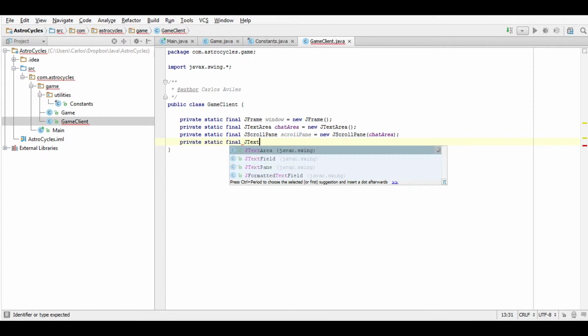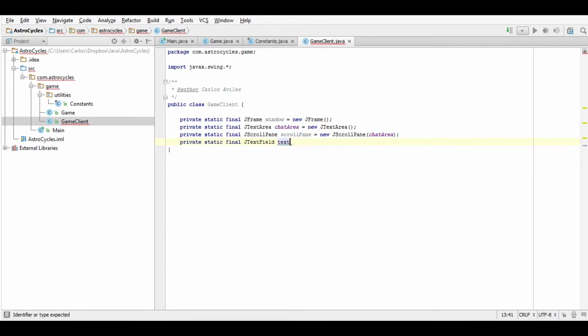Alright, JTextField. A JTextField is basically any input area, for inputting stuff. We're not going to add in a parameter. And another constant, let's call this send button equals new JButton, and give it a parameter, send.